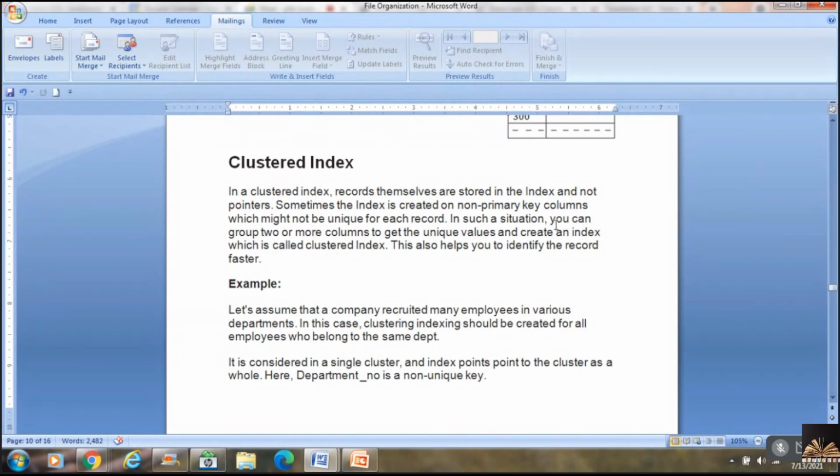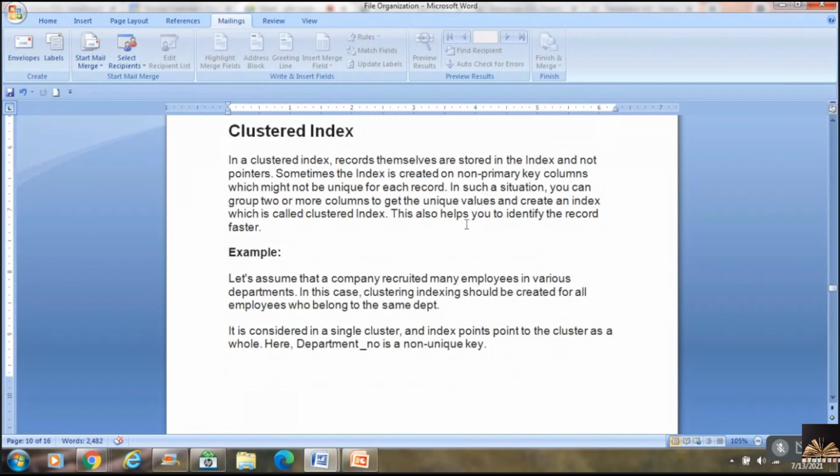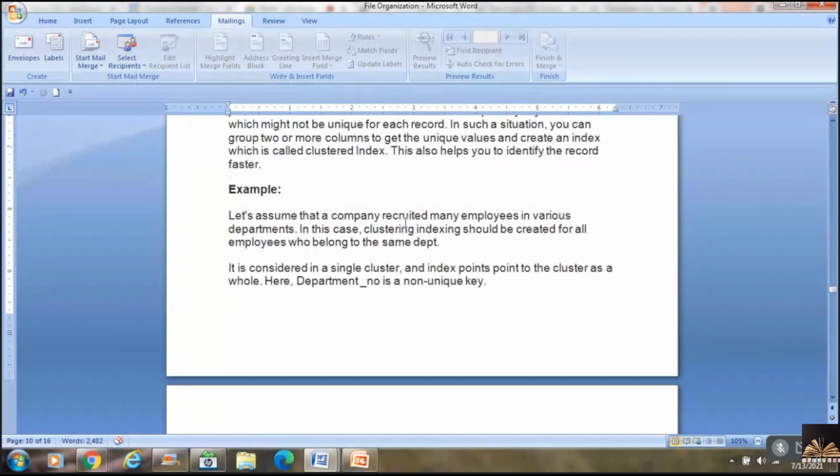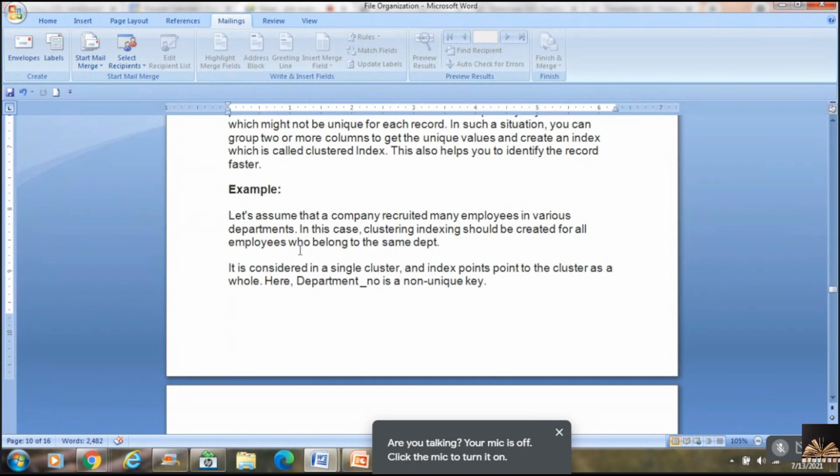So you can group 2 or more columns to get a unique value and create an index, which is called a clustered index. It is just a combination. Now assume that a company recruited many employees in various departments. In this case, clustered indexing should be created for all the employees who belong to the same department.